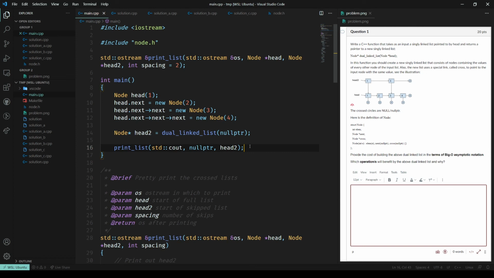Okay, and then the very last question, which is, which operations benefit with the above dual linked list? So the search operation is the one that most clearly benefits, because this system is a little bit like a mini version of a skip list, where the list is a little less dense, so we can go through it faster, and that allows us to check elements. Now, that would only actually be able to help us if we were guaranteed that the list was in order,